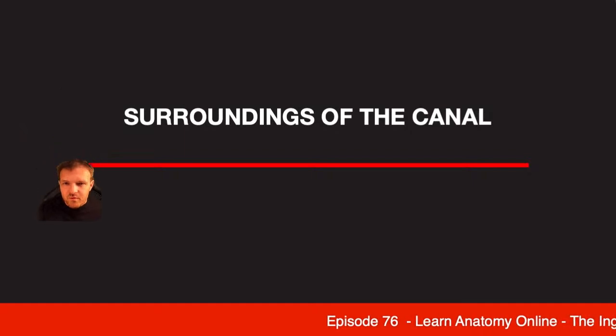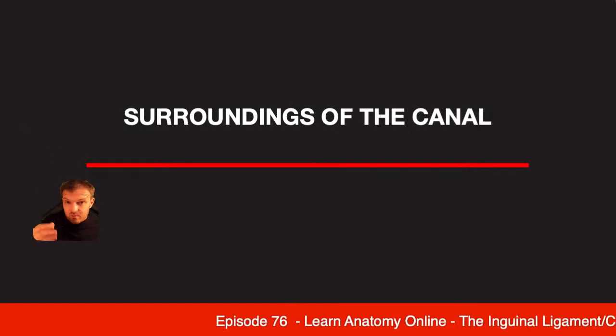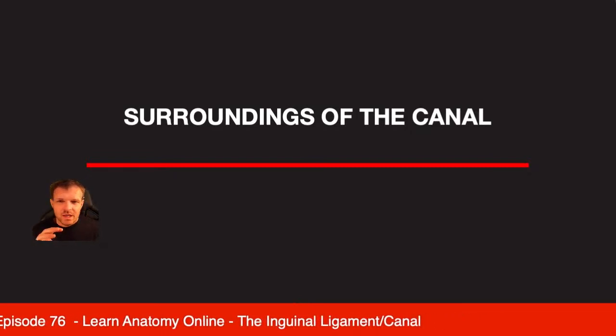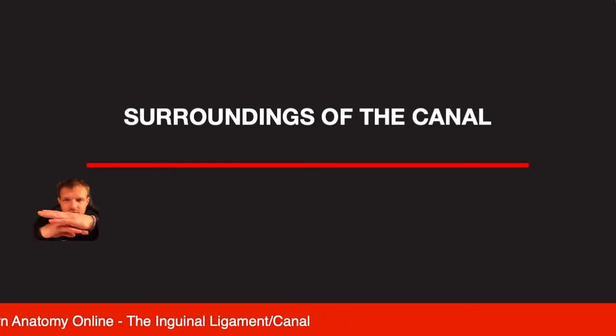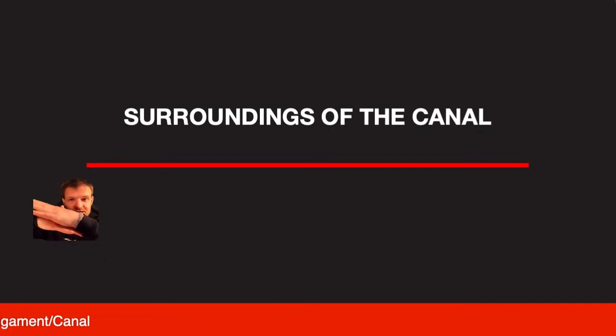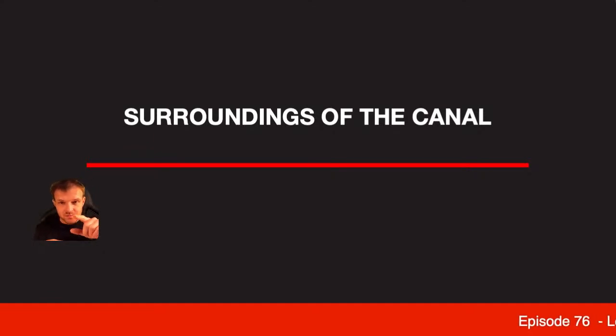So we've got the inguinal ligament that we've seen before, and we're going to cover that again. But what we're going to have a look at is this canal network. Obviously, living in Birmingham, we've got to talk about canals. So you've got this inguinal ligament that goes from the ASIS to the pubis, and what we're looking at is